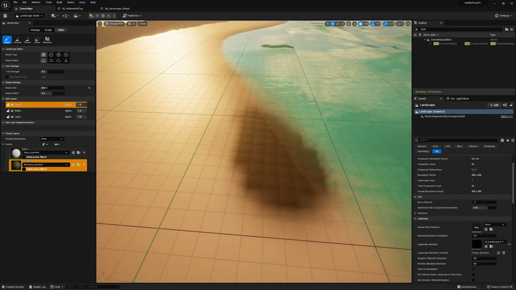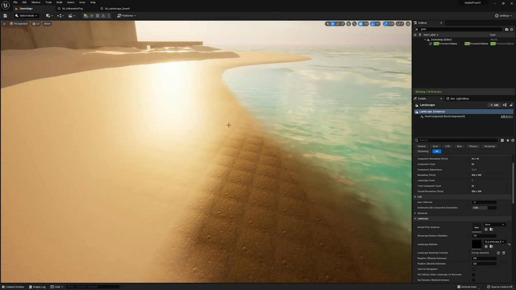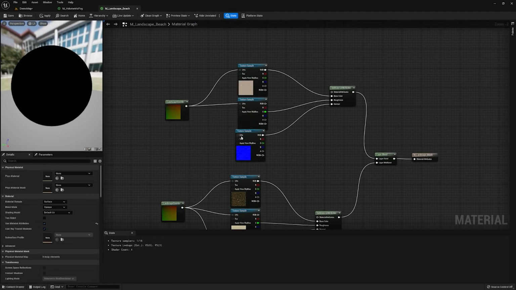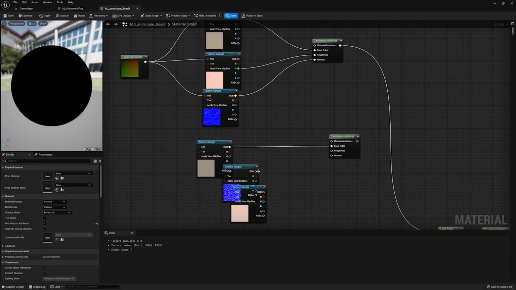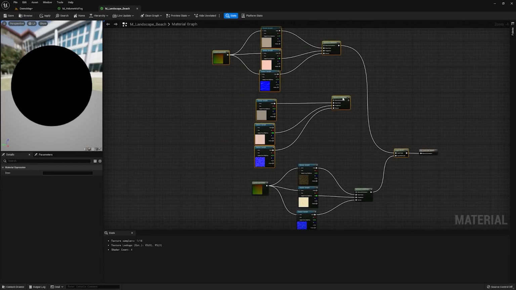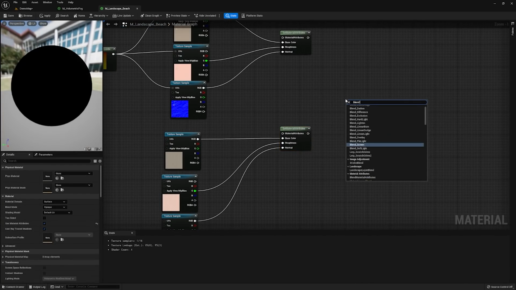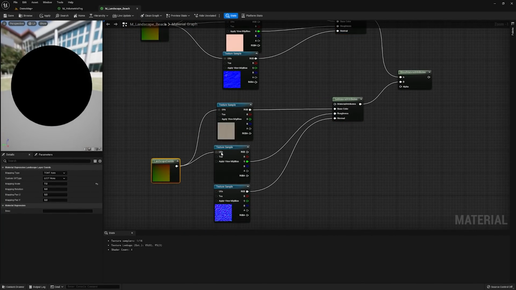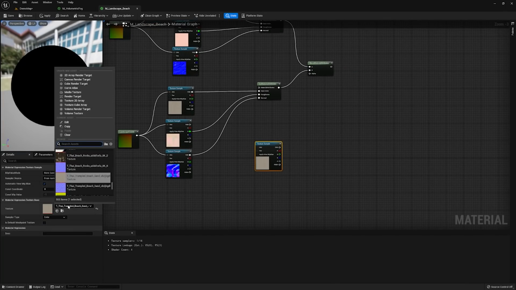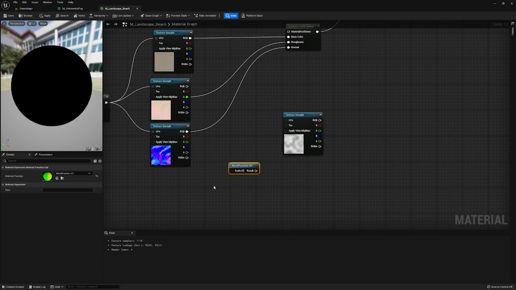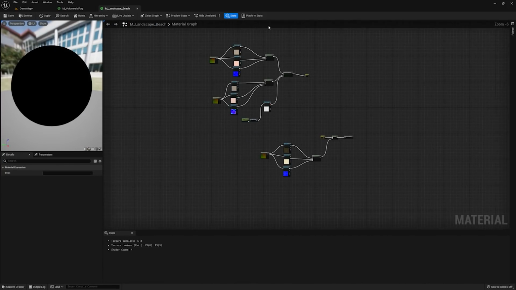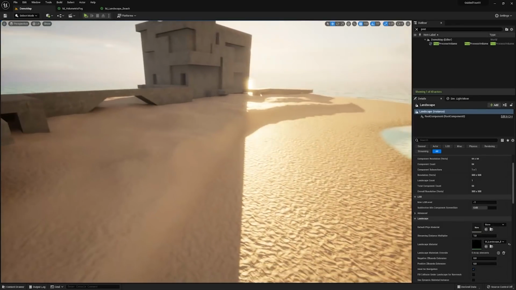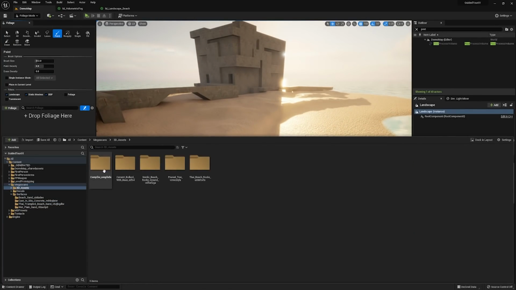And you can see that we can now paint in wet sand. Now it's tiling a bit too much, and that's okay. We can go back and fix up the landscape coordinates on the two materials. While I'm at it, I'm also going to add the trampled on sand that I pulled down from Quixel. The trick to getting this one to work is to just use the blend material attributes node, and that'll automatically blend all of the layers of those materials. And I'm going to add that to my main sand blend, so we end up with a slightly nicer result that blends between some trampled on sand and some regular sand, just to break up the scene a little bit. Now, with that locked away, it's time for us to use the foliage tool.